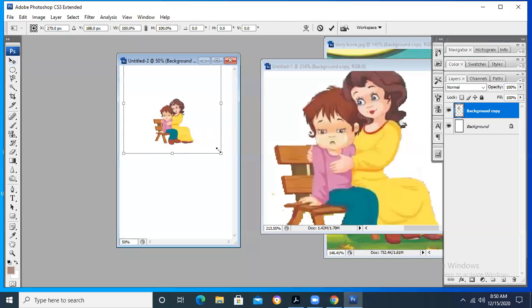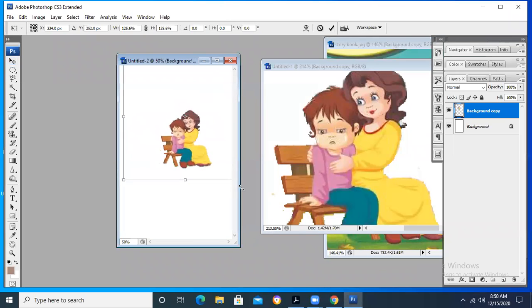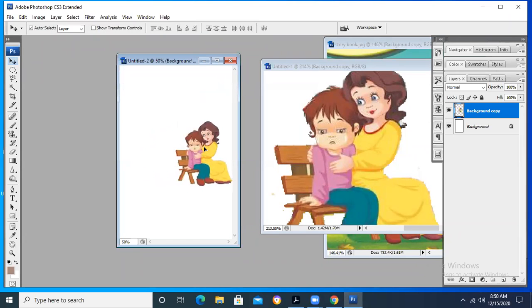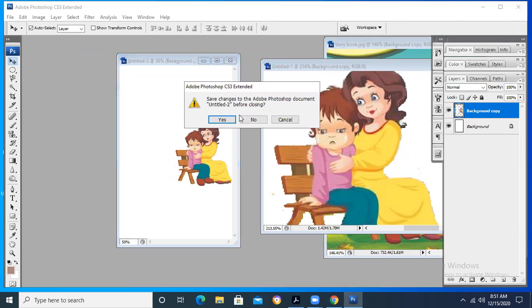I can press Ctrl T. I can resize it according to my wish. And then I can apply some other text, background colors and all other things. So how you can extract images, this portion is basically explaining this part. Okay. So this was basically an activity